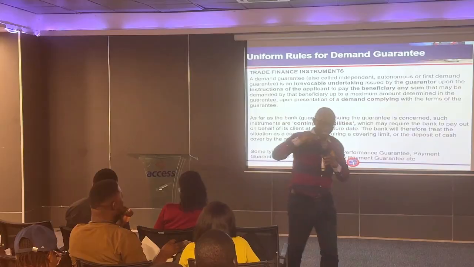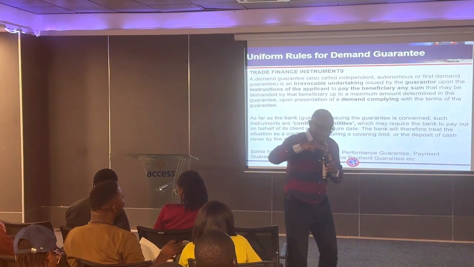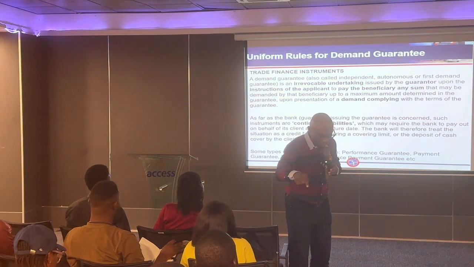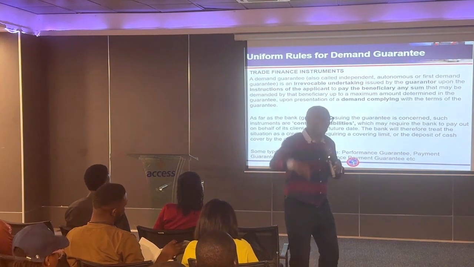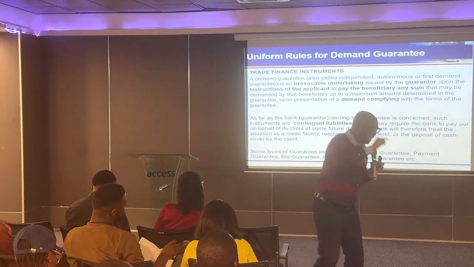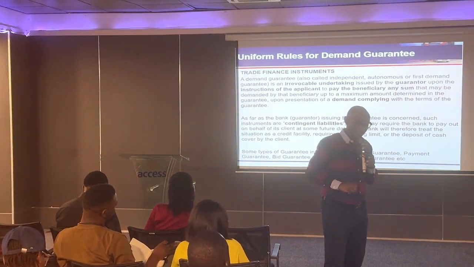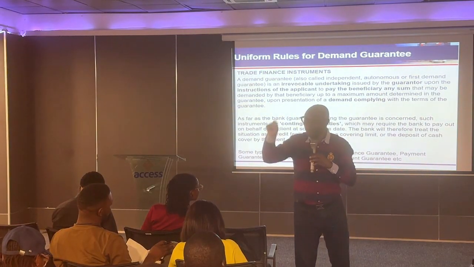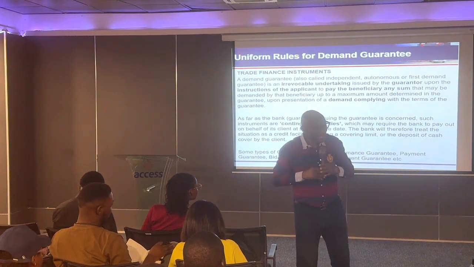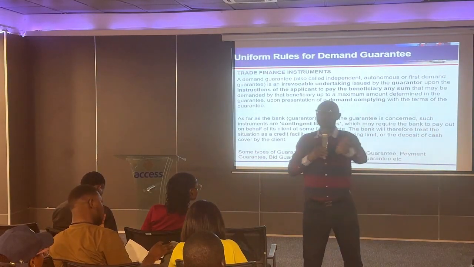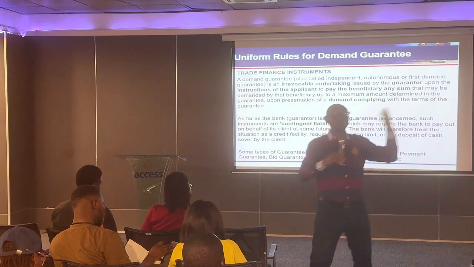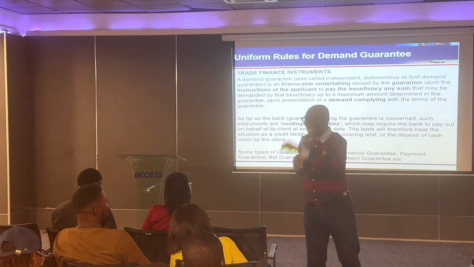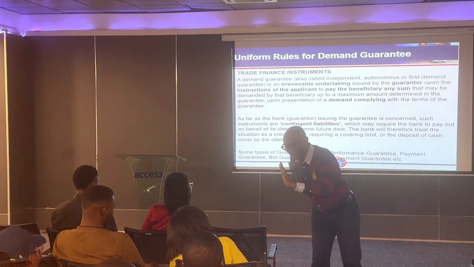Let me say something here. In a letter of credit, the beneficiary is always the exporter, and the applicant is always the importer. But in guarantee and standby, it can go both ways. Does that make sense? It can go both ways. That means in guarantee and standby, applicant can be exporter, applicant can be importer. Beneficiary can be exporter, beneficiary can be importer. It all depends on what we want to use the guarantee or standby to do. For example,